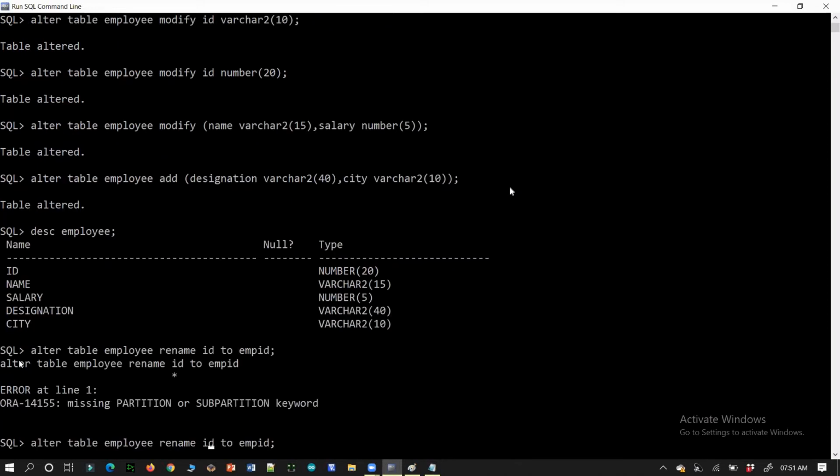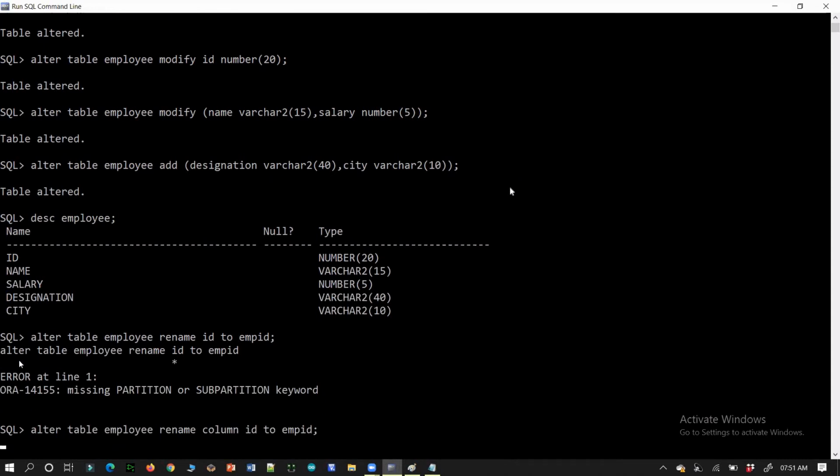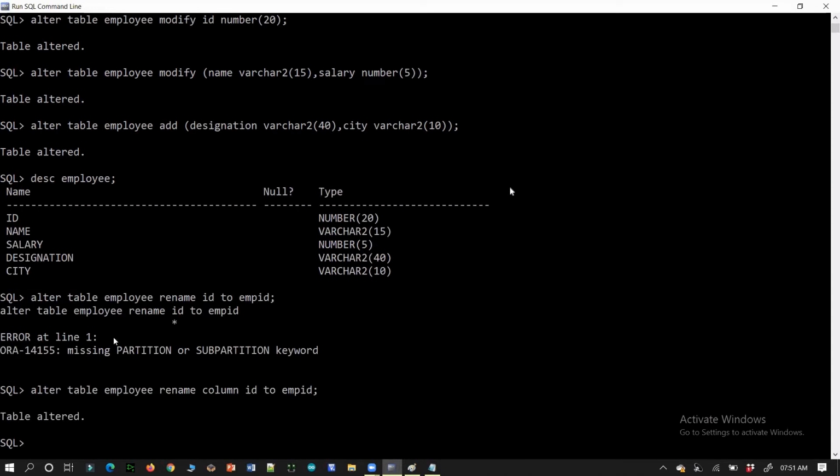So we need to have a column keyword actually. If you don't give a column keyword, it won't execute. That's the reason it's saying that keyword is missing. So rename column, then the ID to EMP ID, you can see. Okay. Next, after this,